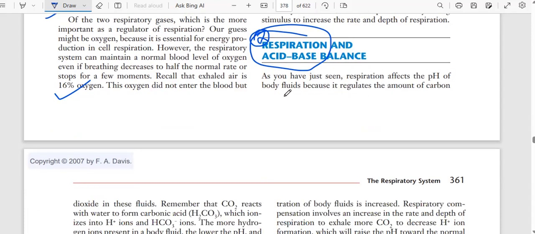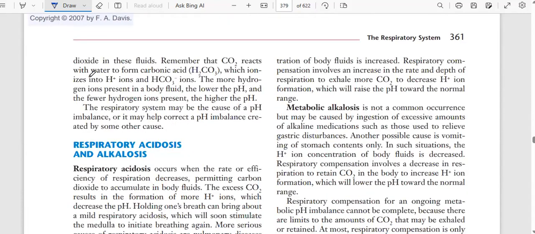respiration affecting the pH of body fluids, because it regulates the amount of carbon dioxide in the fluids. Remember that CO2 reacts with water to form carbonic acid. So CO2 plus H2O, what will become? It will become H2CO3, which gives H plus ions and HCO3 ions, bicarbonate. The more hydrogen ions present in a body fluid, the lower the pH, and the fewer hydrogen ions present, the higher